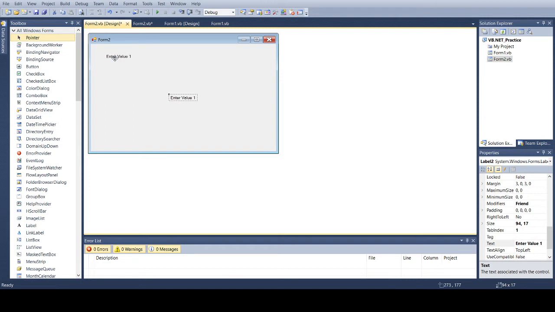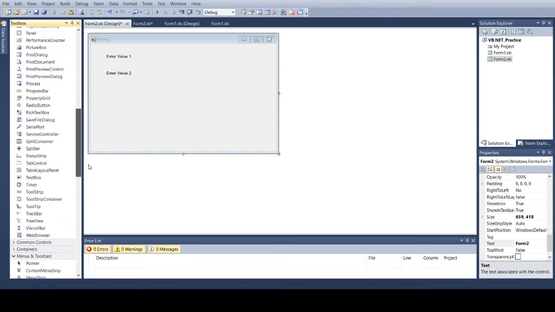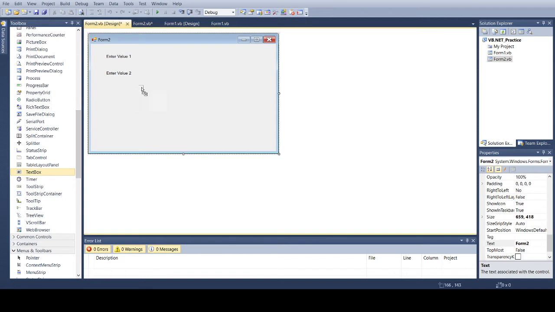Now I will take another label and change its text property to Enter value 2. So in the form I have taken two labels, Enter value 1 and Enter value 2. Now I will take two text boxes to allow the user to enter values of their choice.